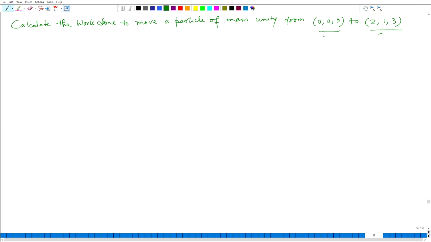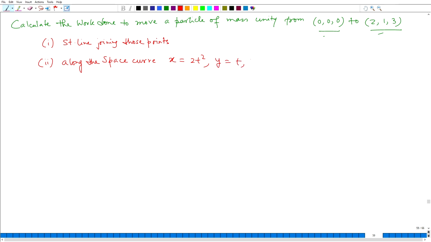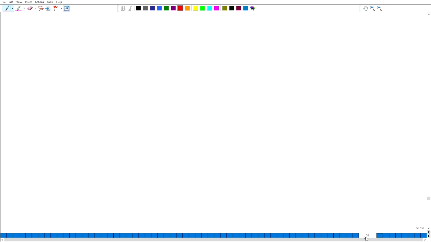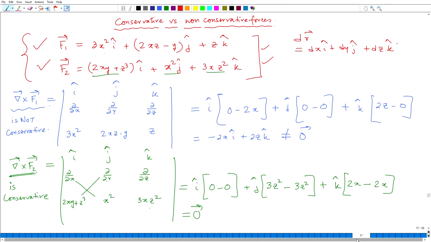So, now we have to do the exercise along two different paths. One is the straight line joining those points, and the second one is along the space curve x is equal to 2t square, y is equal to t, z is equal to 4t square minus t. Before even calculating anything, we already have the information at hand, that this one is a